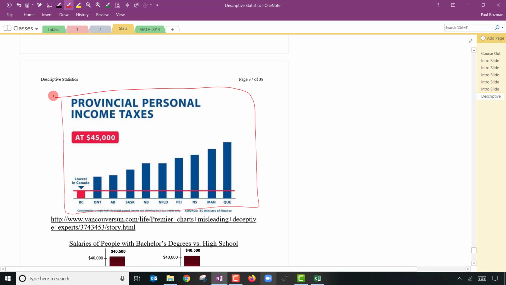and they used this graph to basically explain that British Columbia is doing great, and as such, you should continue to keep us in power because we're doing such a good job for you. So I saw that on TV and was like, wow, that's interesting. You have BC, what is it? What's it talking about? It says income tax. So you don't have to pay much income tax if you're in BC. But if you're in Quebec, you pay a lot. That is if you're someone who makes $45,000 a year.